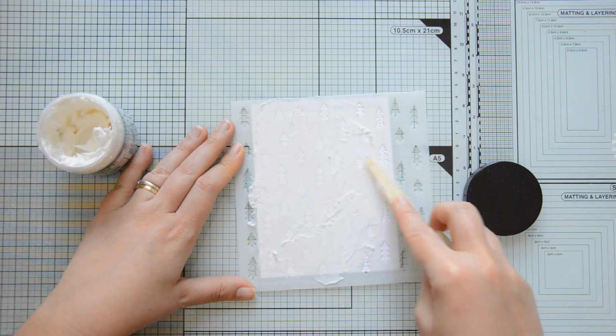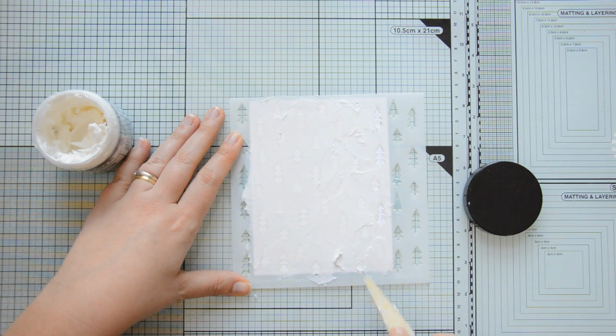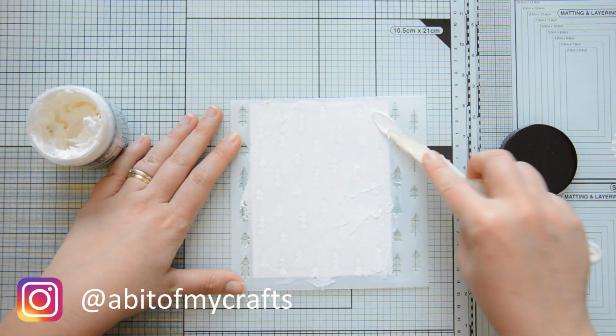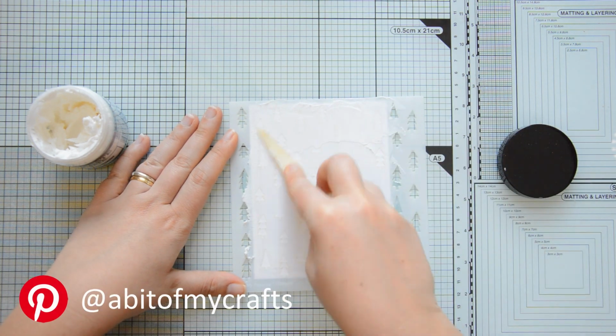And if you wanted to, you could add some shimmer to this background using Glimmer Paste by Tonic Studios, but I wanted a more subtle effect on my card today, so this is why I'm using this texture paste over here. Once I'm done applying my paste, I'm going to smooth it out as best as I can,